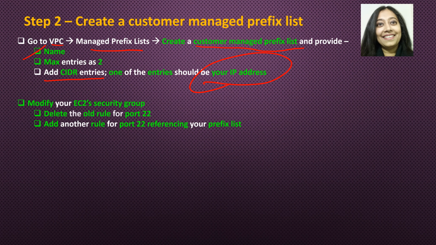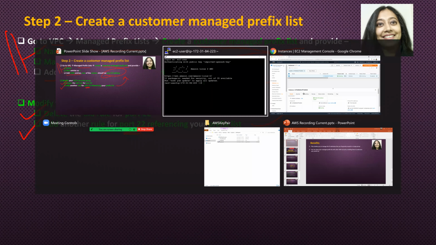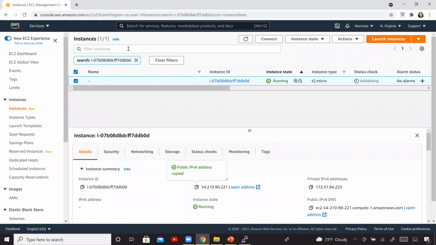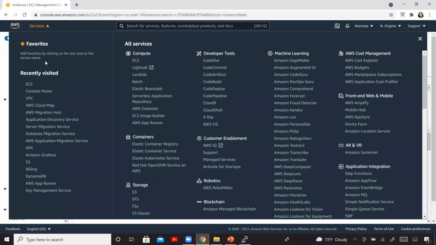And after we do this, the next thing that we will do is we will modify our EC2's security group. We will delete the old rule for port 22 and we'll add another rule for port 22, but this time referencing our prefix list. So let us go to VPC. Services, VPC.